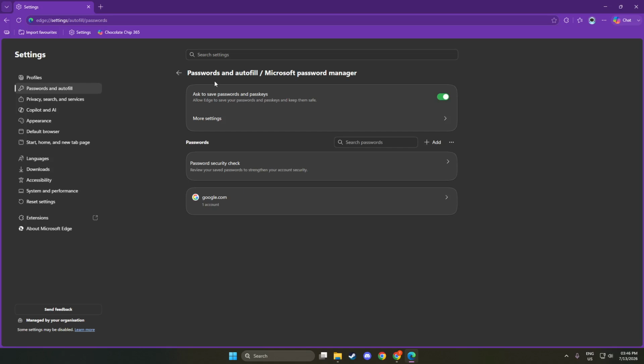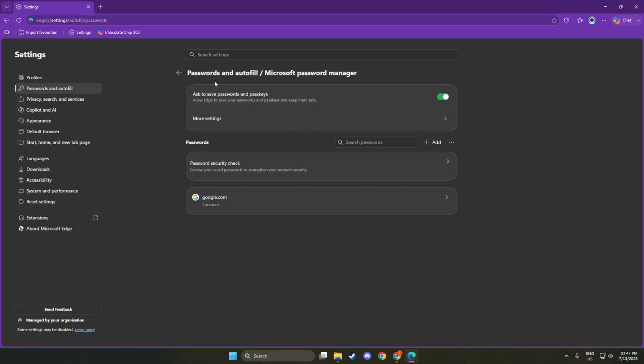Next, click the Add Password button located in the upper right corner of the Saved Passwords list. This button is your gateway to entering new credentials. Once you click it, a form will appear for you to fill in your details. This step is vital because it allows you to securely store your login information for easy access later. You will see a clear prompt on the screen guiding you through the process of entering the information needed.